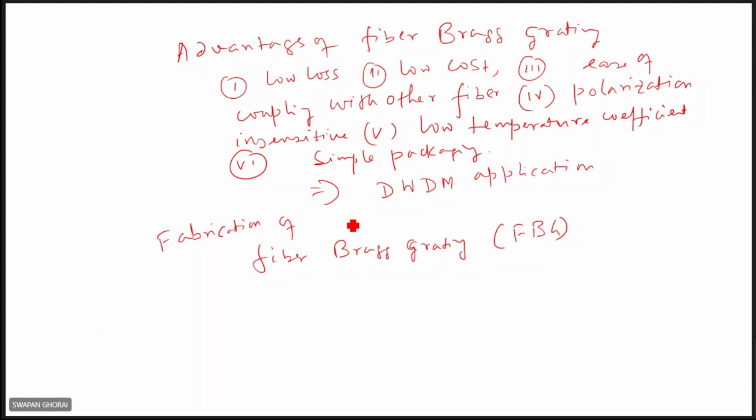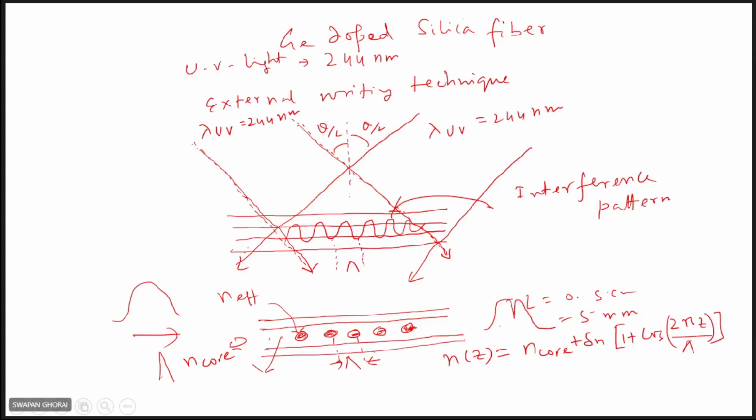Mostly it is used for DWDM applications, dense wavelength division multiplexing. I told you it is used as add-drop multiplexers. Last time you have seen it. It can be fabricated either using the mask technique or the interference technique. Here the interference technique is shown. Two UV lasers, ultraviolet lasers, are used to interfere at a certain portion of the optical fiber, so there will be a dark and bright fringe pattern.